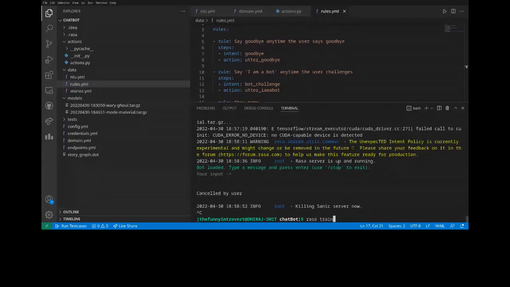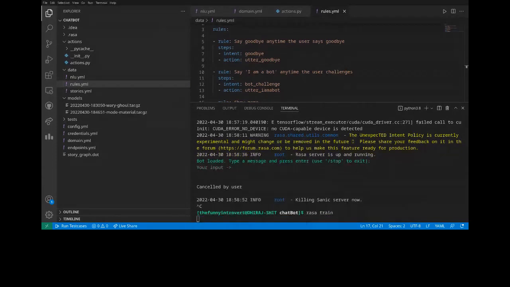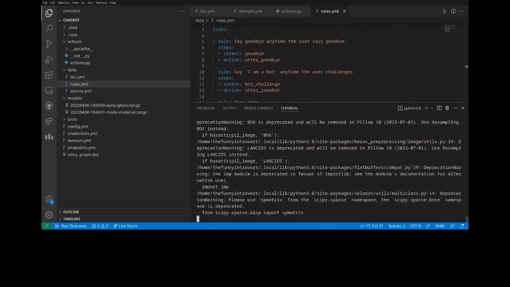train. Now what this will do, this will basically create another model, whichever is the latest. I guess the last one was 1646, now it will be 1917, and just print rasa train. I will just write here Rasa train. This will basically just train the model which we have just added all the stuff to. And if there are any errors here, we will know.